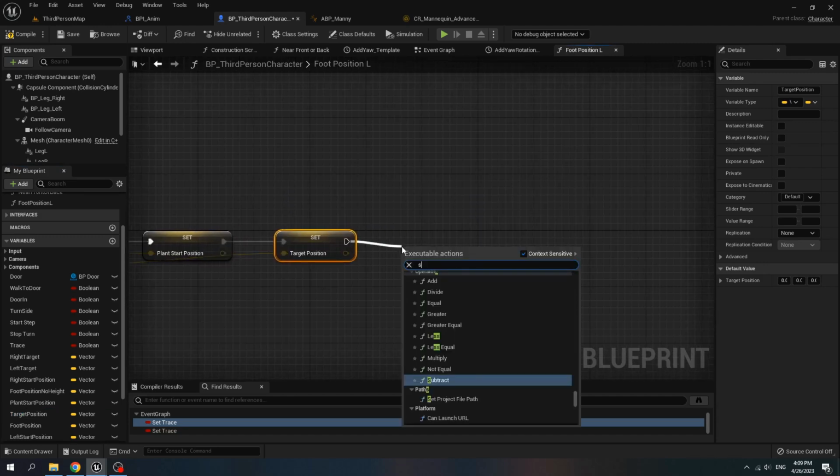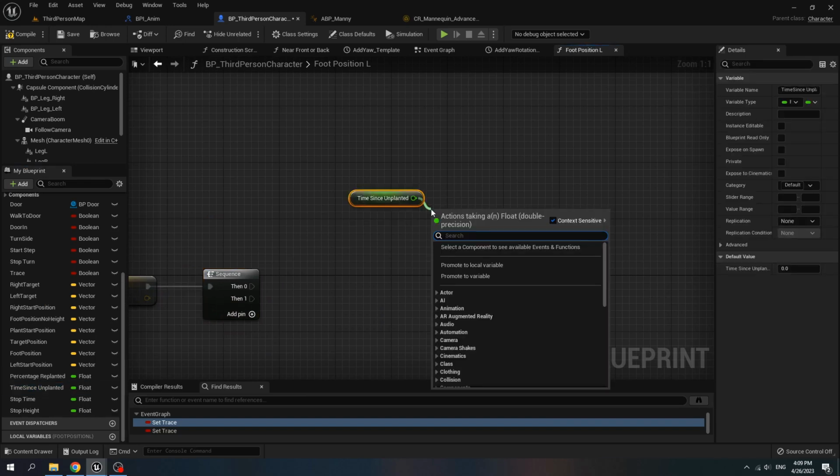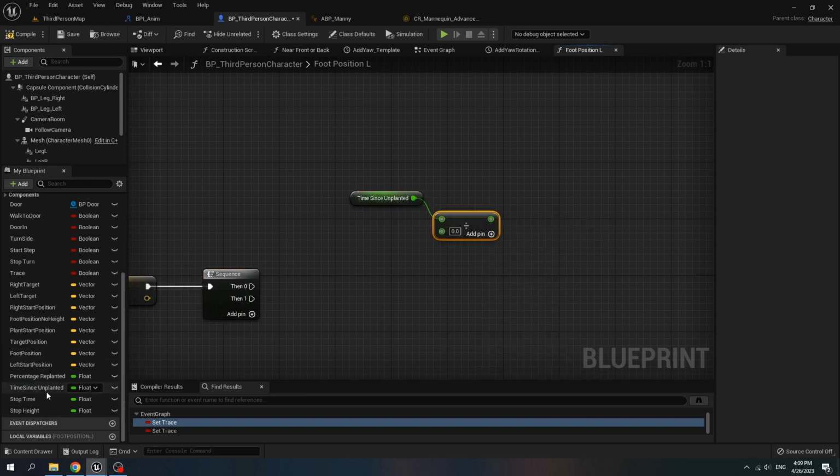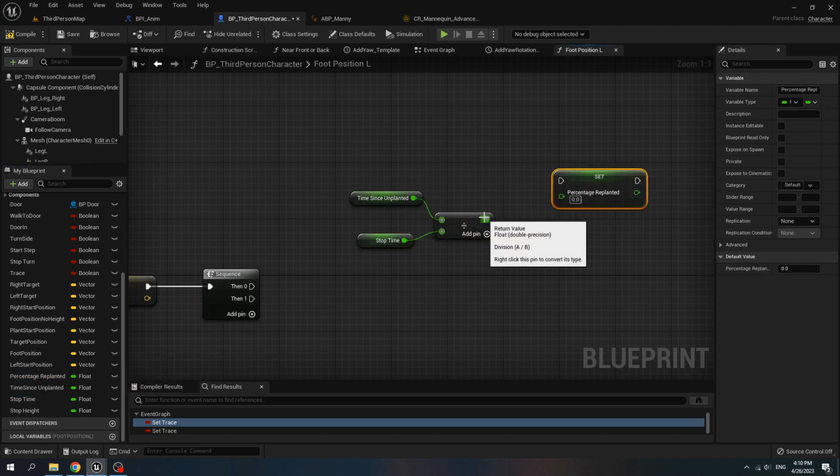Create a sequence. First we get time since unplanted, divide it by stop time, and set percentage replanted.